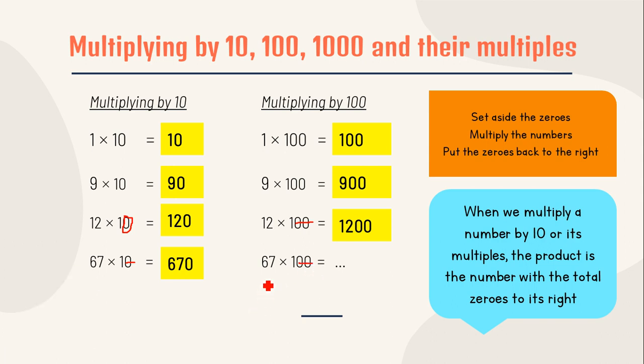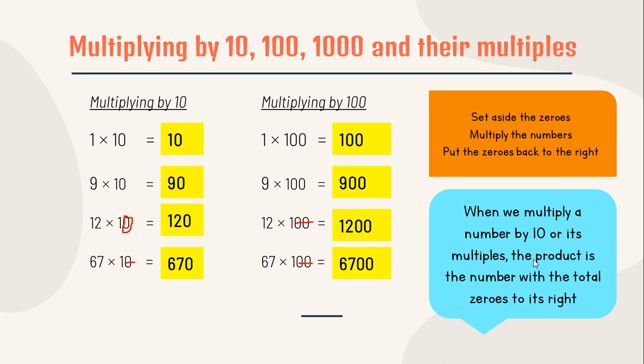After that, multiply the numbers. 67 times 1 equals 67. And then put the zeros back. 2 zeros, 2 zeros. So 67 times 100 equals 6,700. So that's it. Easy, right? When we multiply a number by 10 or its multiples, the product is the number with the total zeros to